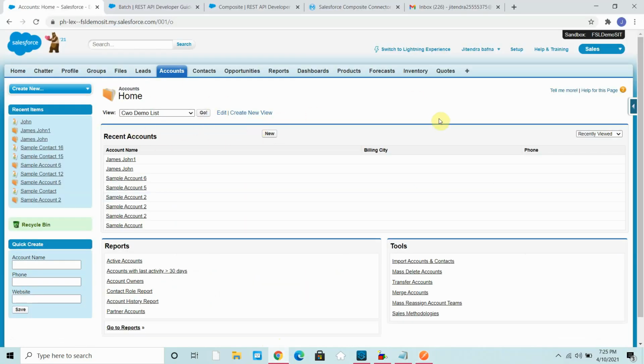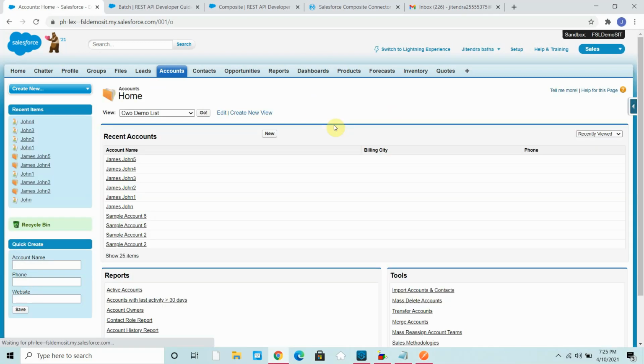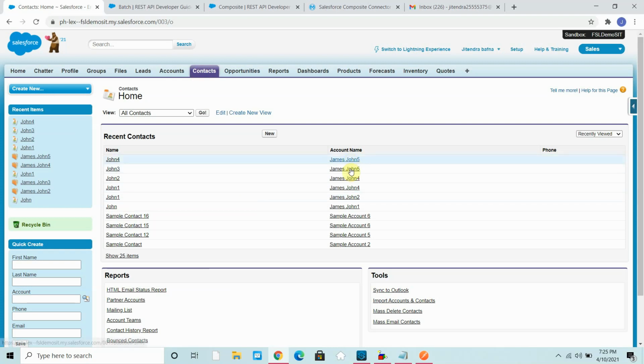So let me refresh it. So you can see John 5 and 4 have been added. Let me check what contacts are added. If you see again John 4, James John 5, you can see two contacts added. Again John 4, James John, a few more contacts have been added, right?